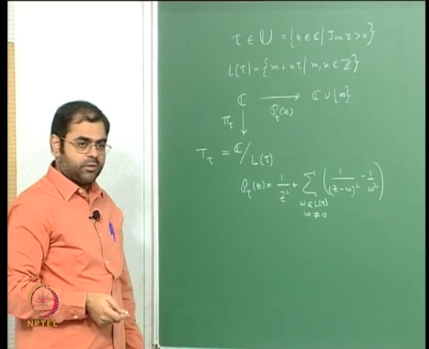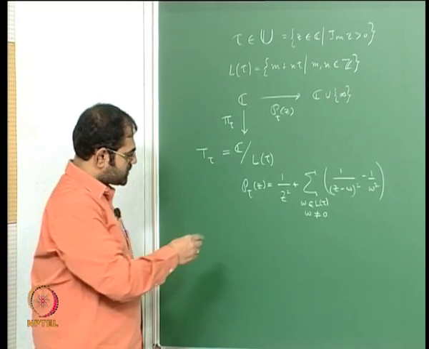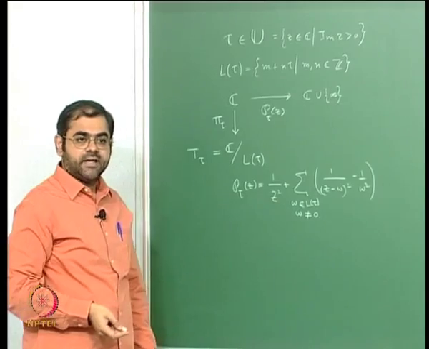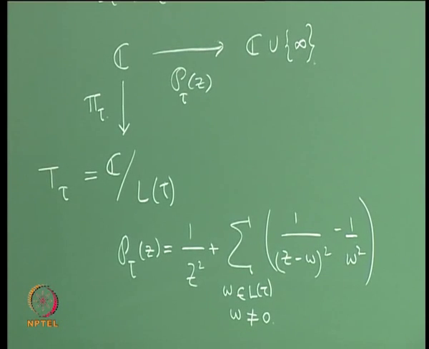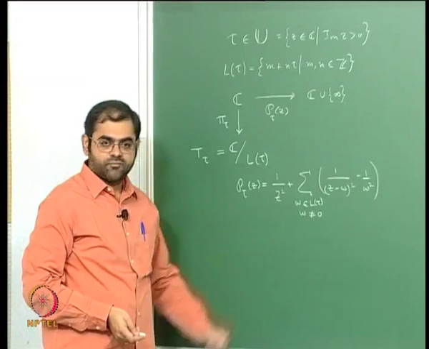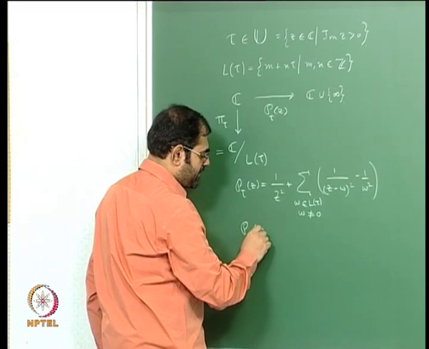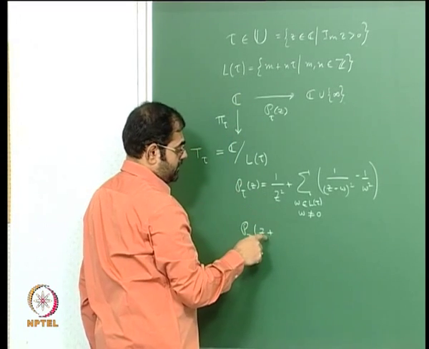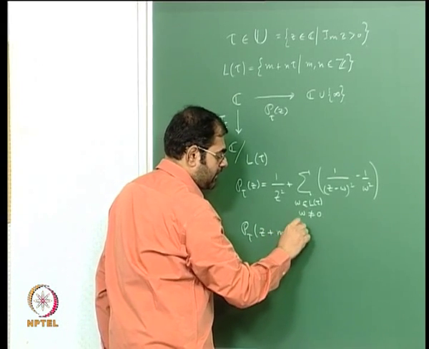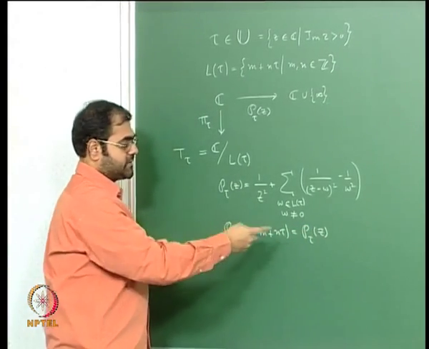That was a normalization, and we also showed that this Weierstrass phi function is a doubly periodic function. So it is what is called an elliptic function. It is a doubly periodic function which is meromorphic, in the sense that if I replace z by translation by any element of this lattice, I get the same value.